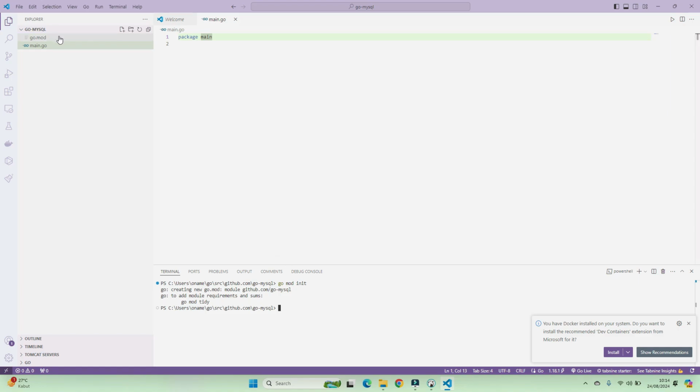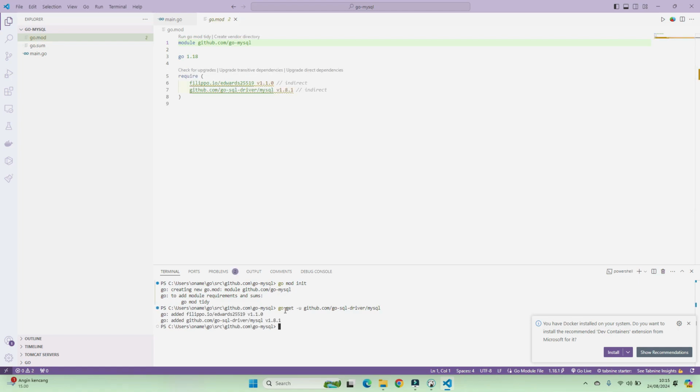Alright, go.mod file has appeared, and we install the MySQL driver in here. go get -u github.com/go-sql-driver/mysql. Alright, and enter. Alright, already installed, and we can see in here we have our dependency in the go.mod file. So we go back to main.go,